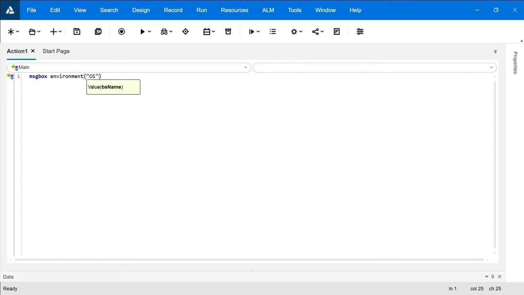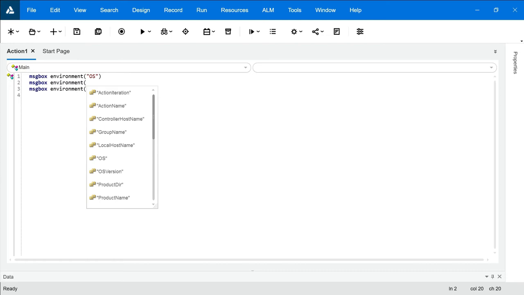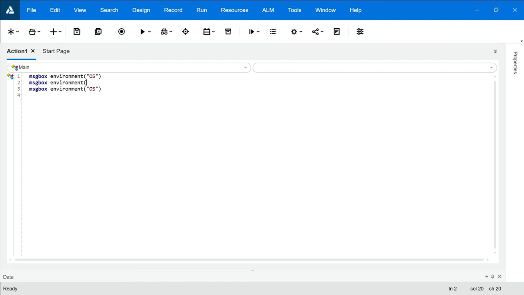Okay, let's say second I want to check operating system version. So here I'm just copying this, although you can type it also. I'm copying it for a few other options. If you want to see the name, you can just put brackets and see it over here. So I want to see OS version. So here I will write OS version. Let's say I want to see the value for both of these environment variables. If you want to do so, you can write message box, environment and the name of the environment variable. And now let's execute it.